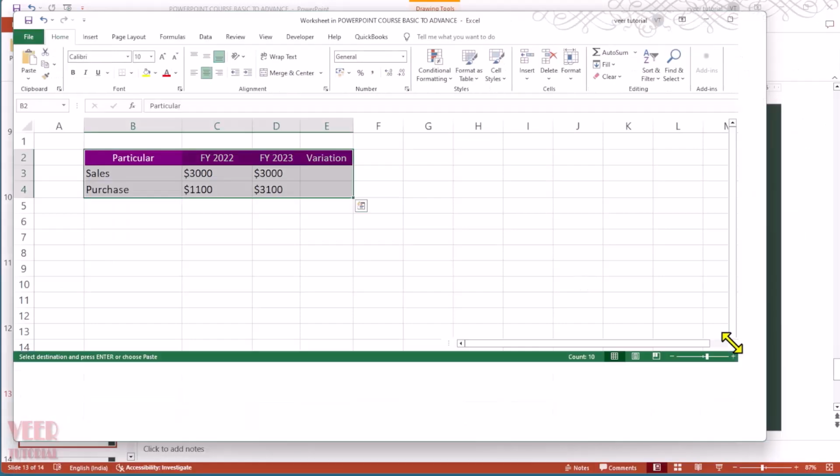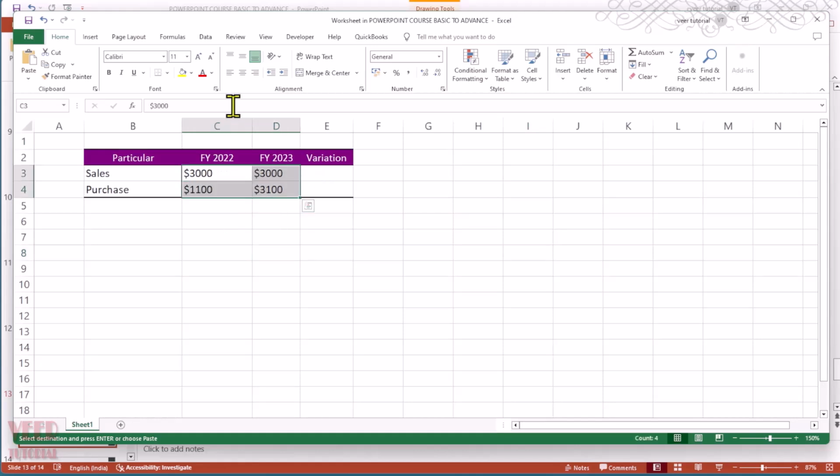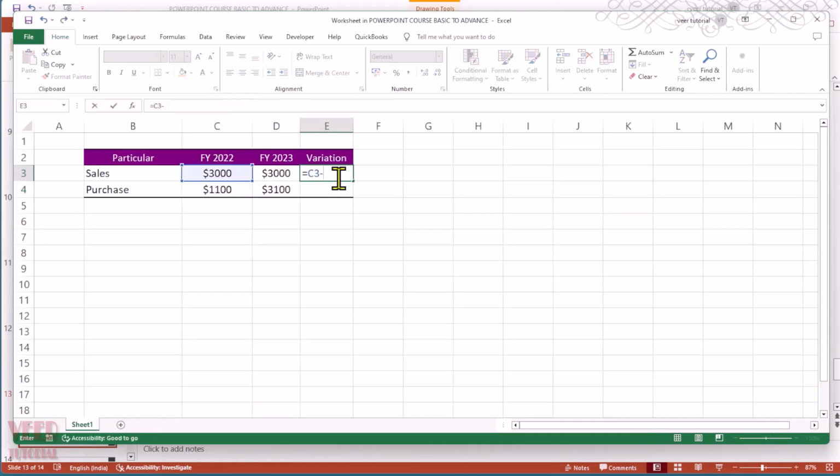If you adjust the window, okay, we can see at the top the worksheet in the PowerPoint course basic to advanced, and that is Excel. Now you can do any editing or change. So let's say I want to make it center and I want to do the calculation as well. So doing the calculation in Excel, we start with the equal sign. So the system is treating this as a text. I'm going to remove all the dollar sign from here,